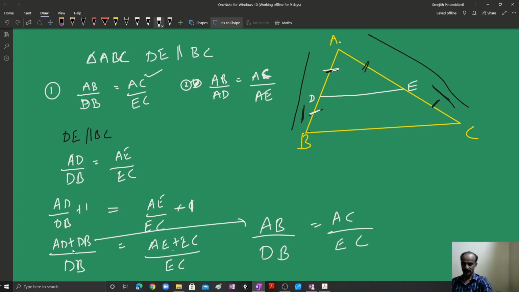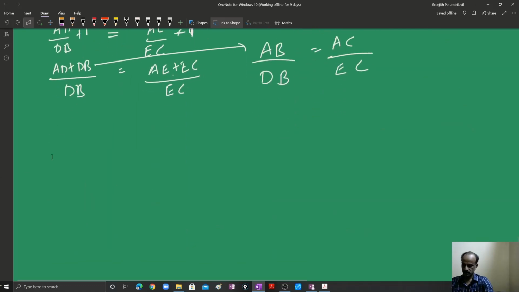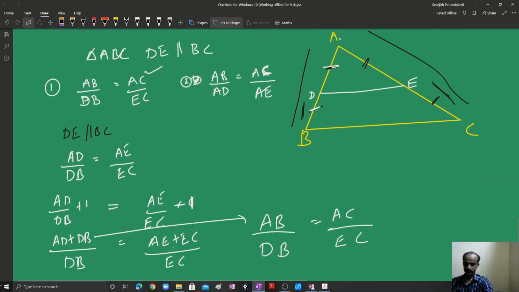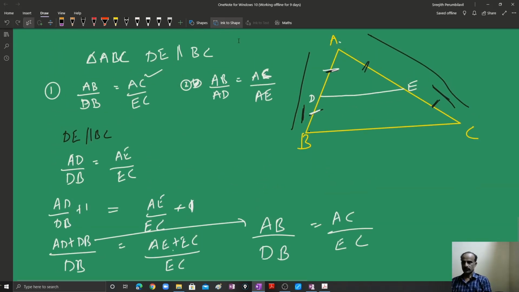Quite simple. Once again, the second part is what? This is the second part, and this is what you have to prove: AB by AD. What is AB by AD here? We will finish it here itself. I will use another color so things are easy to distinguish. AB by AD, that is the whole thing by the upper part. This is the common thing, I will write it here.